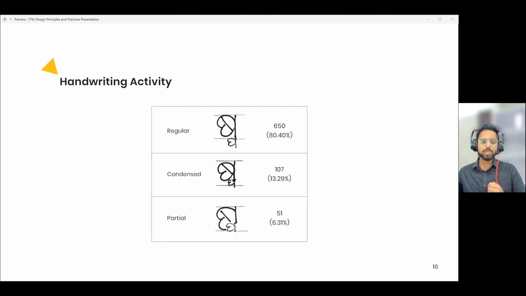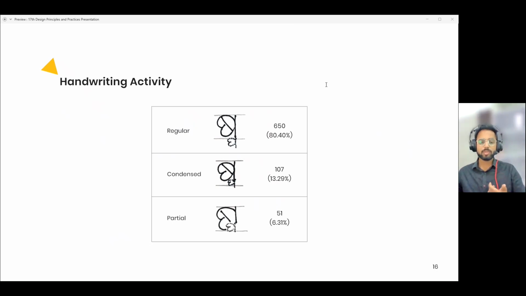With respect to writing yuktaksharas or conjunct consonants, around 80% of students wrote the yuktakshara with the regular shape of the primary consonant. However, this way of writing the yuktakshara increases the overall height of the character because it goes below the baseline of the character, and this can be increased with the addition of matras into it. Hence, it could potentially present the risk of overlapping with characters written above or below it.